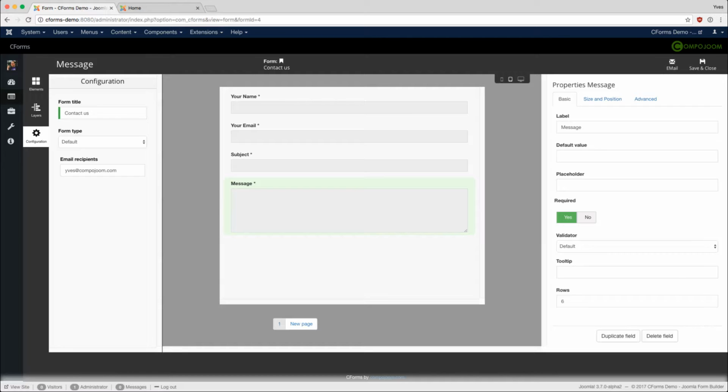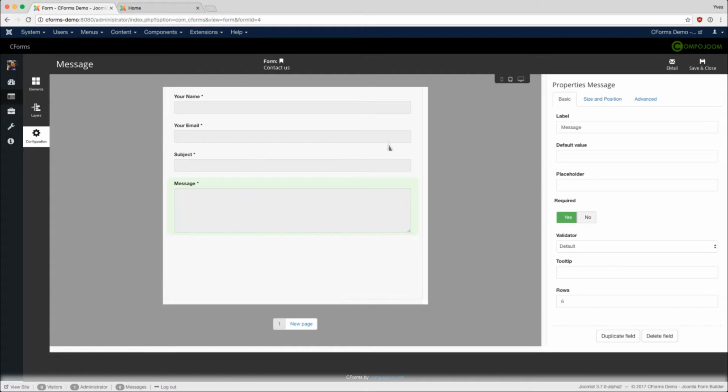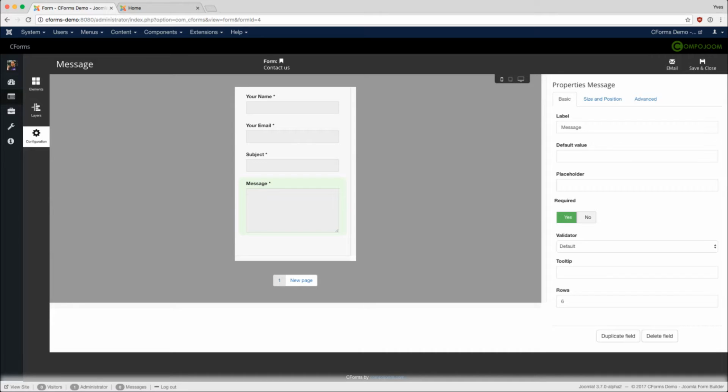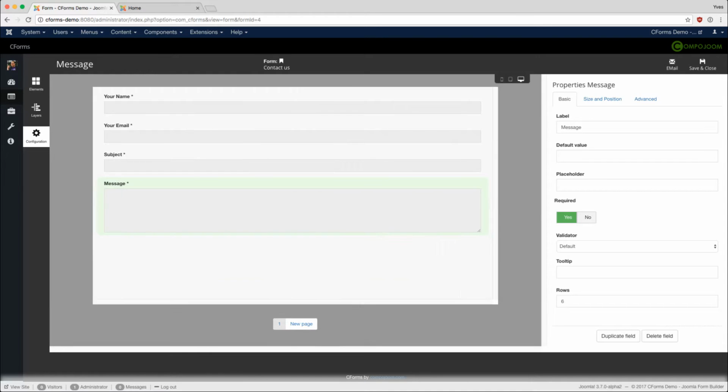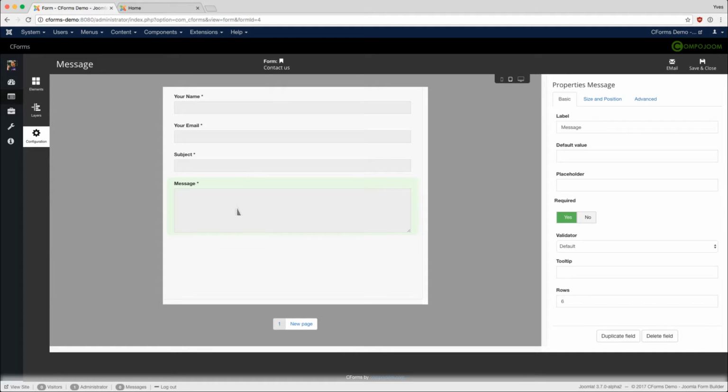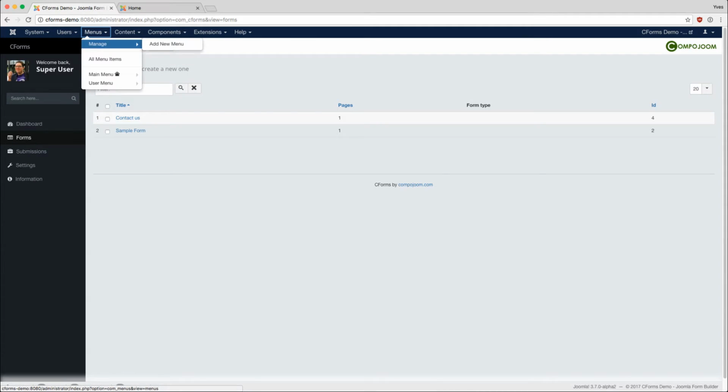You can also directly preview the form on other devices by clicking on these icons. This would be the smartphone preview in the size of a default iPhone, and this would be the large preview. In our sample all fields are always 100% wide and so we don't need to make adjustments in the different views. Now we click on Save and Close, navigate to the menu